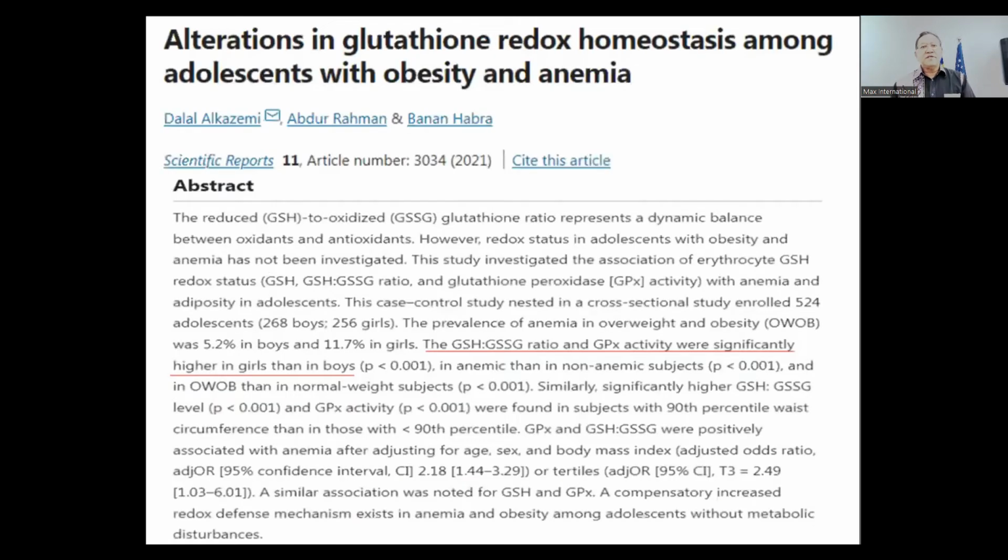Okay, so what are some of the problems they face and what do we know about them? This study is on the alterations in glutathione redox homeostasis among adolescents with obesity and anemia. And I want to highlight that even in this study, they discovered the GSH to GSSG ratio, that is the active to the inactive ratio, or the reduced to the oxidized glutathione ratio, and GPX, which is the glutathione peroxidase enzyme, which catalyzes the action of glutathione in neutralizing free radicals, specifically the group of free radicals like